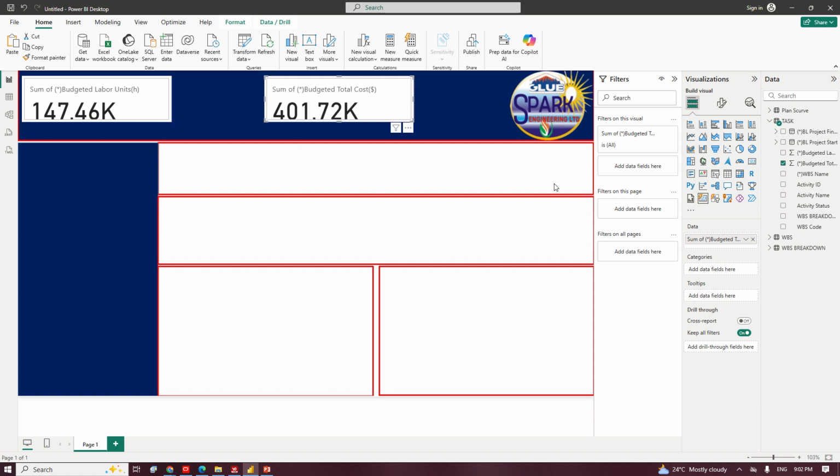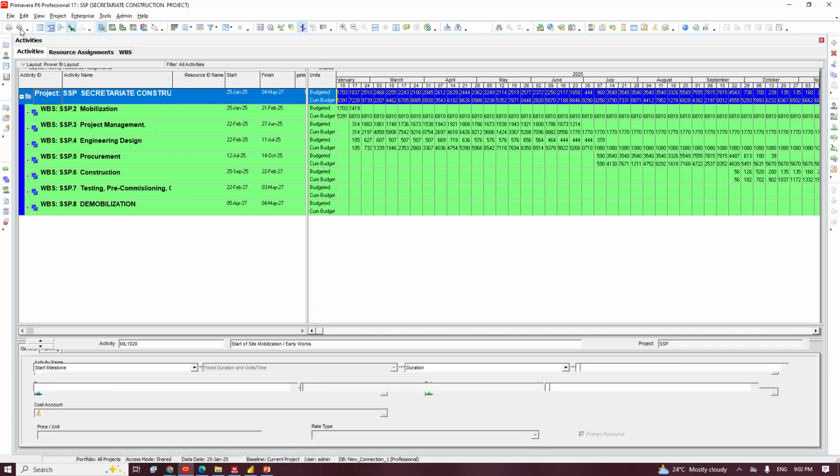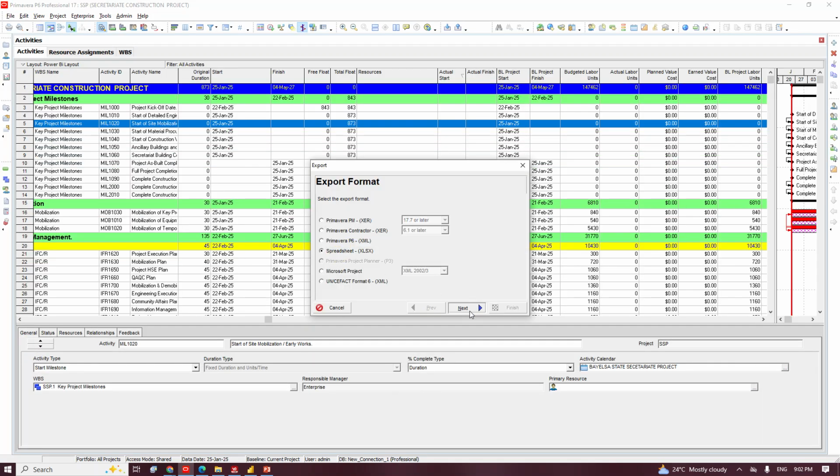Alright. What else do I want to get from here? Okay, so the data are not complete. I need to go back and get the actual now. So now under here I will pull out the actual, just click on export, click on Excel,